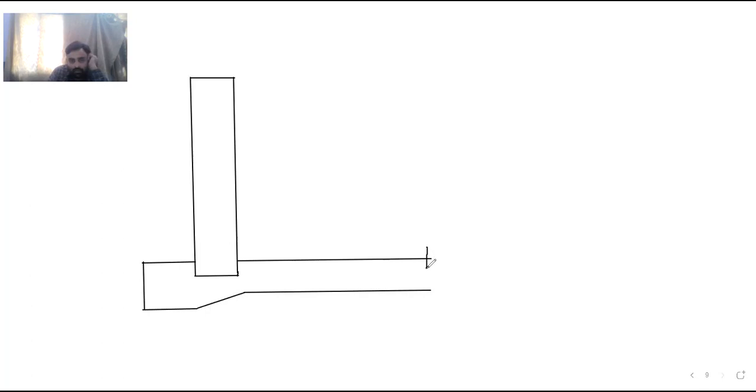Here we can show like this. Now if I show the reinforcing bars, the first bar will be